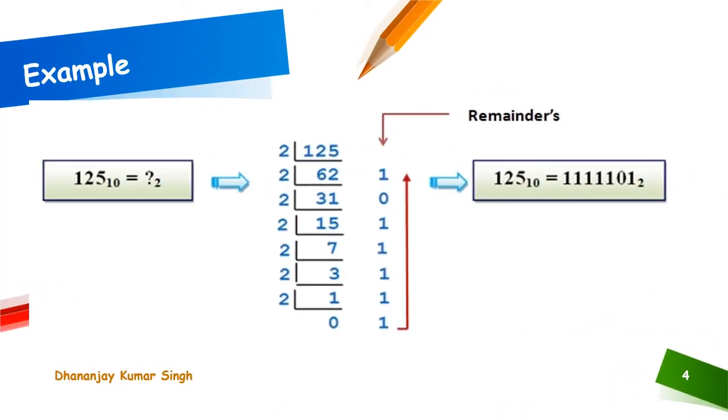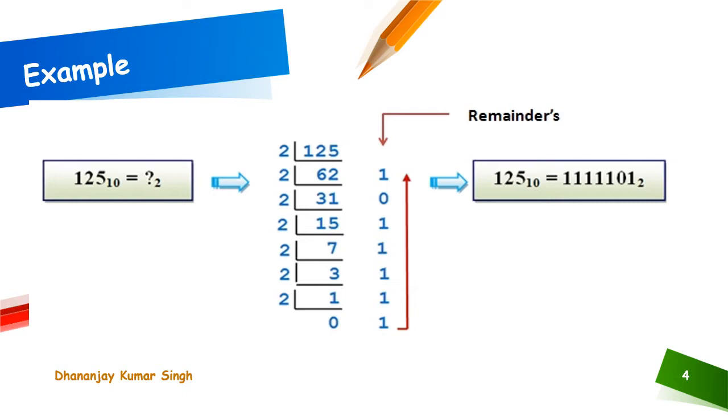Here the decimal number is 125. We want to convert it to the binary number. So as I told, the decimal number will be considered as dividend and 2 is the divisor. So always we have to divide 125 by 2, and whatever remainder comes, that will be recorded. So here 125 divided by 2 goes 62 times and the remainder will be 1. Again 62 divided by 2 goes 31 times, remainder will be 0. 31 divided by 2 goes 15 times, remainder will be 1.